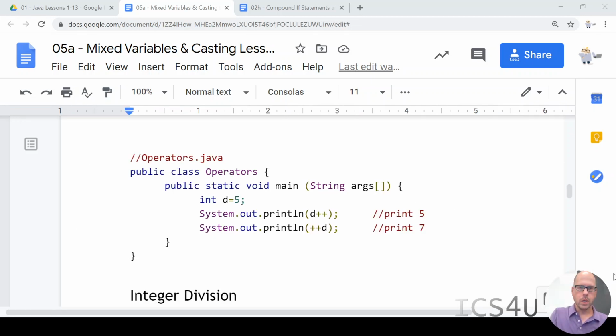Okay, so I just went to the next part of the document called operators.java. You can try this program out. I'll just explain what it does quickly. We have a program called operators here. We have a variable called d that's set to 5. It's an integer. And d++,